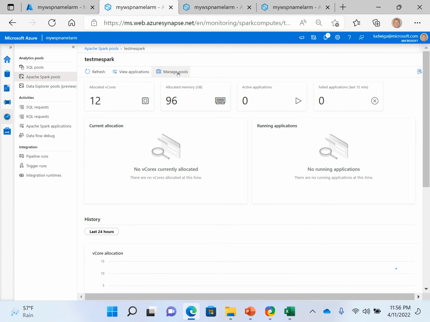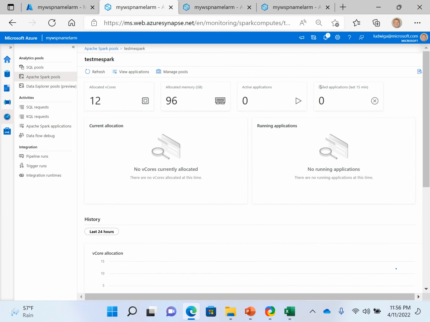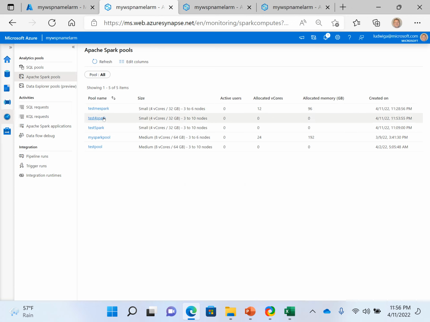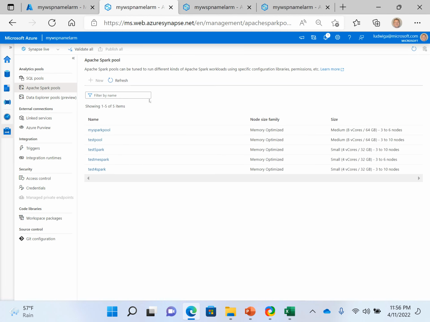Okay. Apparently not here. Okay, let me go back. Test me Spark. So there's no way to, well, I'm in the monitoring section, right? So in the monitoring section, I may not be able to do that. Okay, that's why let me go to the manage section, and then